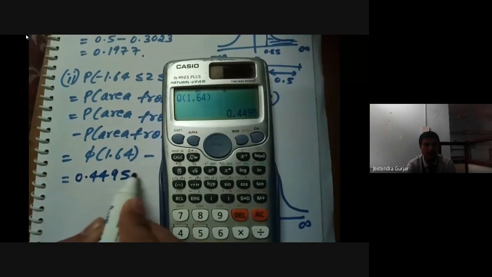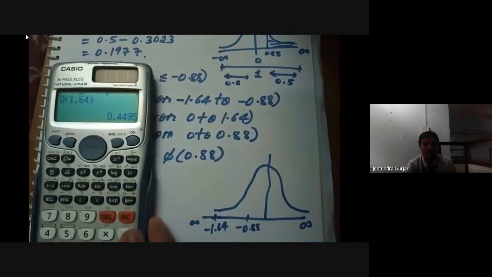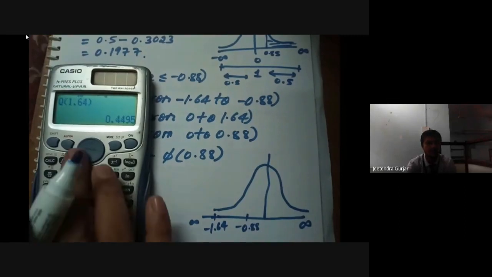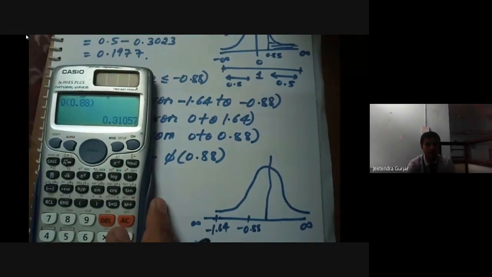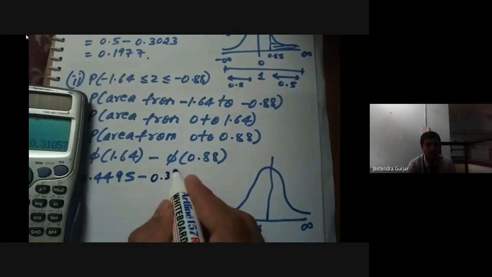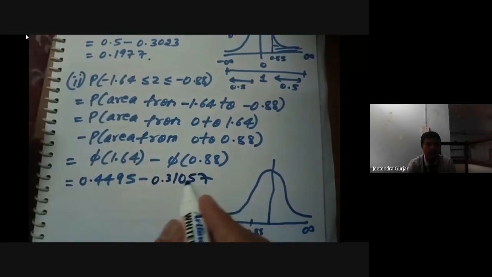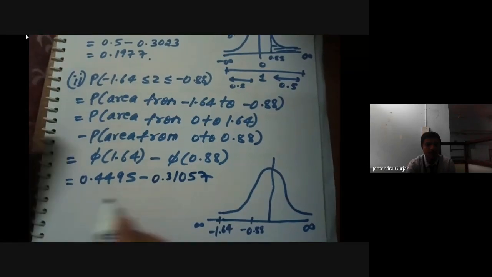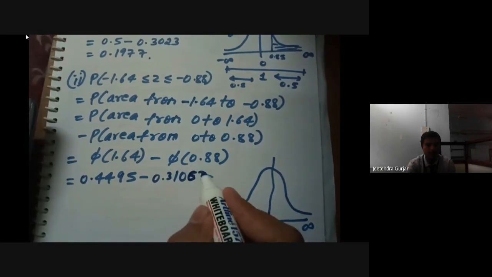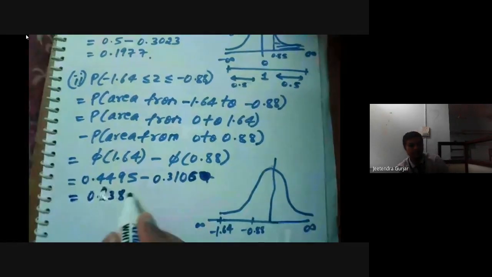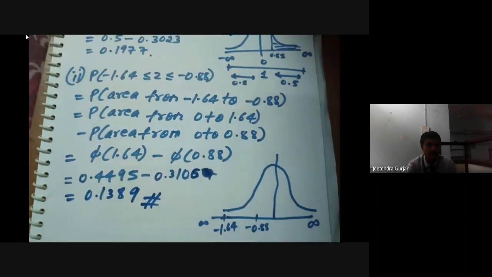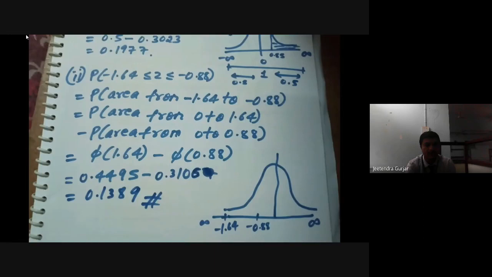I'll substitute 0.4495 minus, again please note the area I'm going to calculate here. So I'm going to take here, just change the Q value, it is 0.88. So directly you can get the value. It is set to normal distribution, it is already a standard normal distribution. So for phi of 0.88 we get 0.31057. Now just subtract, student. Okay, sorry, you can just make the round figure 0.3157. Then subtract this value, student, and you are going to get the area, that is the probability between minus 1.64 and minus 0.88.